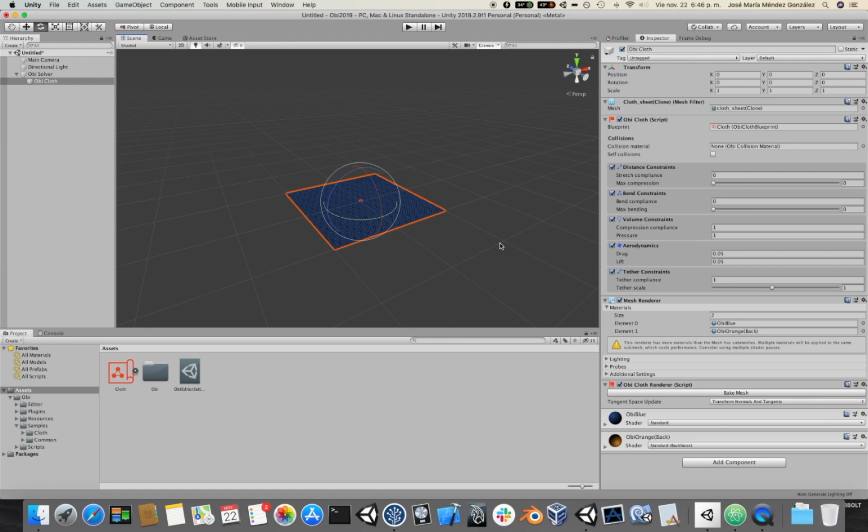If you're using the universal render pipeline or the high definition render pipeline, those pipelines have materials that let you choose between rendering only the front faces or both front and back faces. So in those pipelines it isn't necessary to use two materials. You can use just one two-sided material to render both sides of the cloth. Okay, if I now click play,